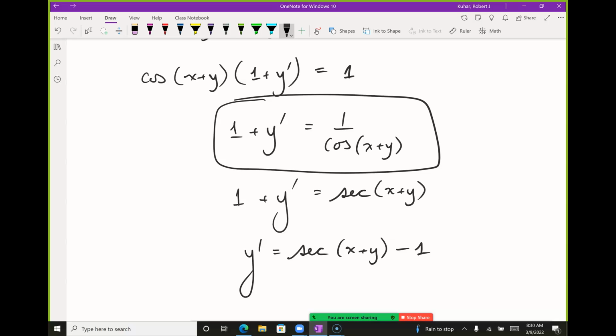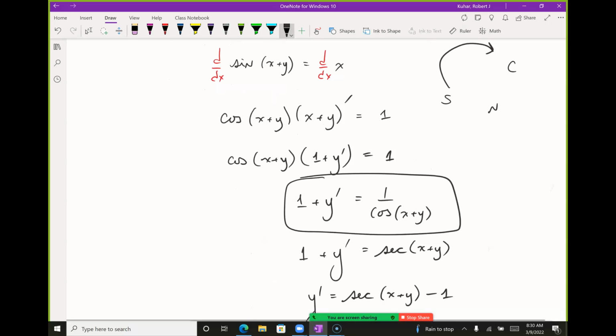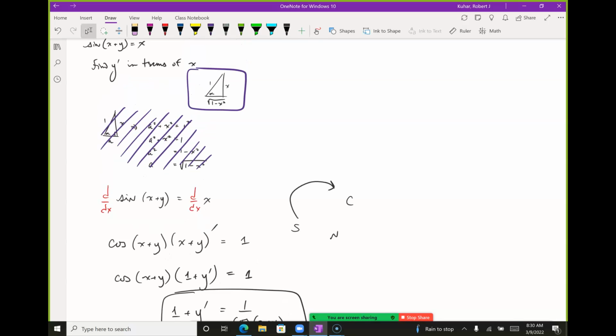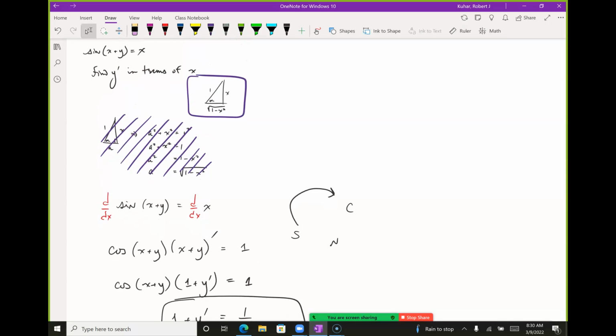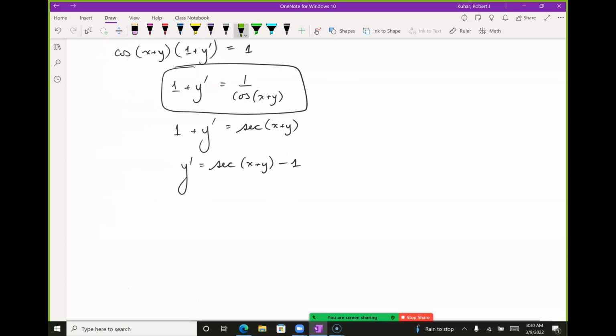Most likely I'm just going to have you solve it in terms of x, and that's what I want on this one. So I need to get the secant from the triangle. Where's my triangle? There it is. So secant is going to come from here again. So y prime is 1 over square root of 1 minus x squared, minus 1. This is a perfectly good answer,